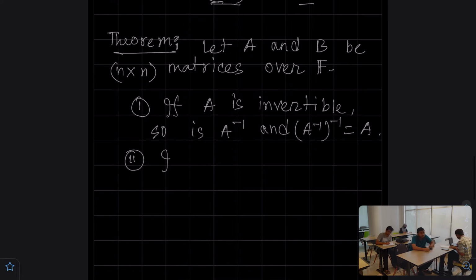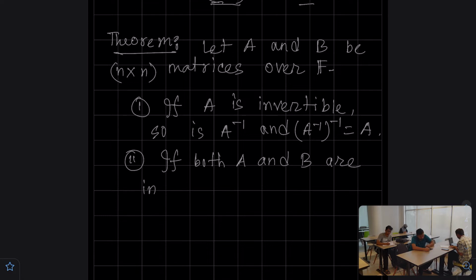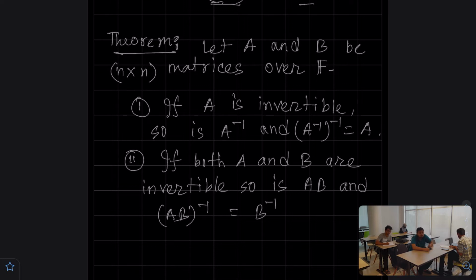If both A and B are invertible, so is A times B, and AB inverse is actually B inverse A inverse. Okay,